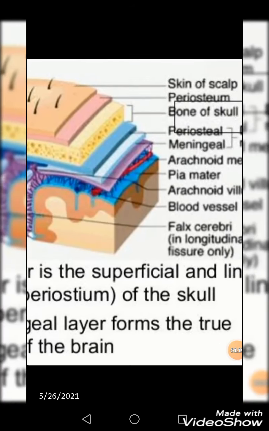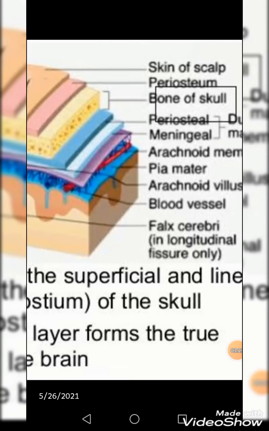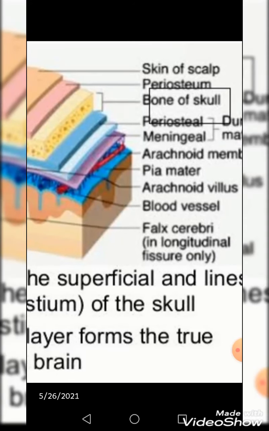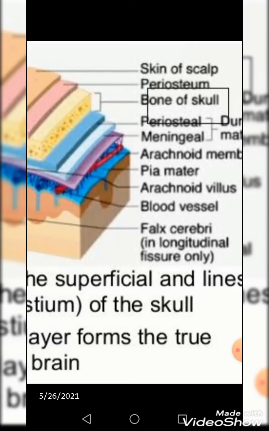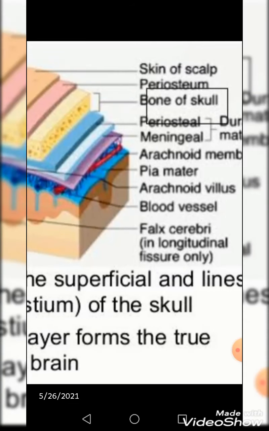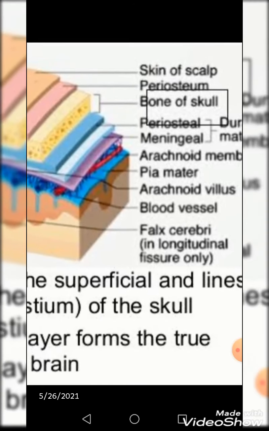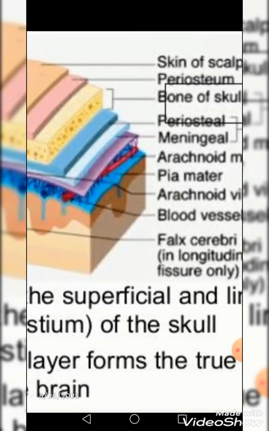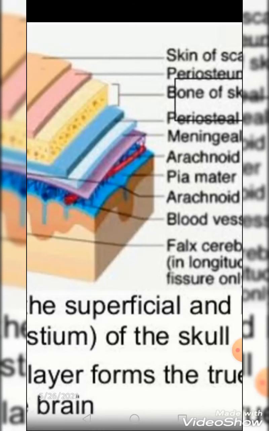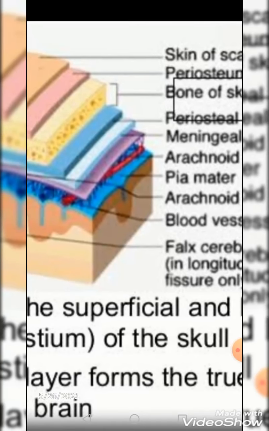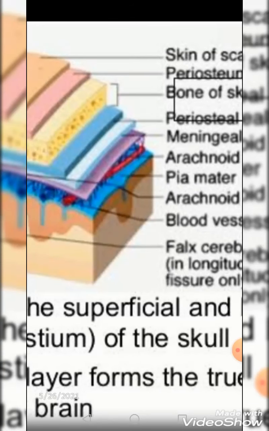Next to that dura mater, you have another layer in purple color, the arachnoid mater, which is an avascular layer because it doesn't have any nutrient capillaries, but it allows blood vessels to pass through it. And we can see next to dura it is present, and we can say dura mater is always separated from the arachnoid mater by a subdural space, right? And we expect the internal surface of all the dura mater has simple squamous epithelium, which is